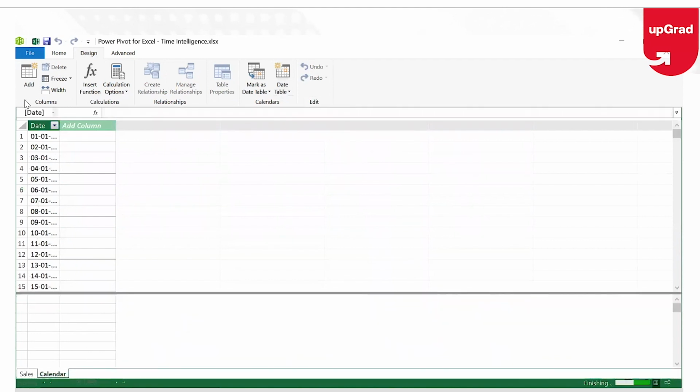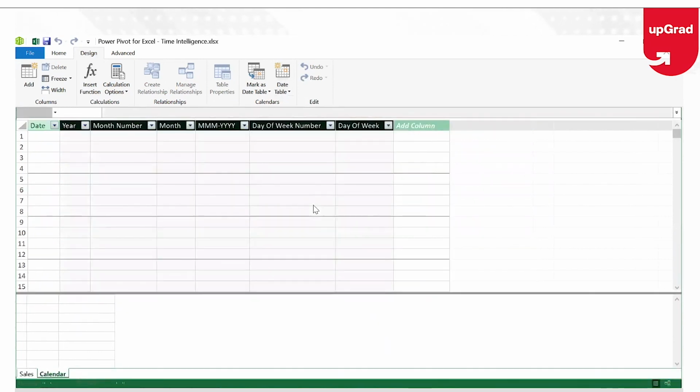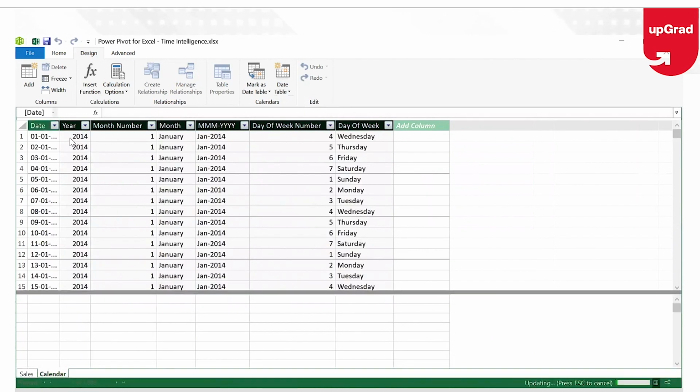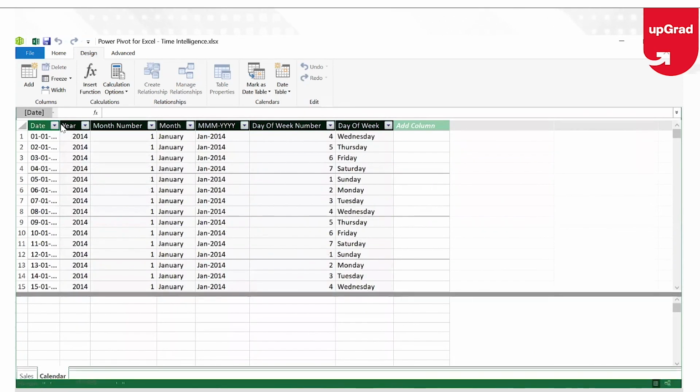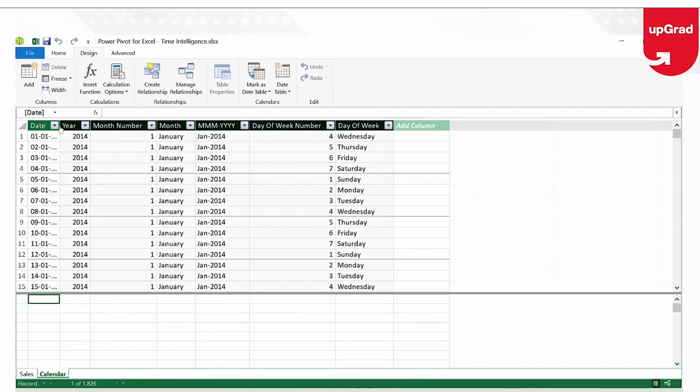Now that it is only showing you the date, just see what happens. It is going to convert that into a calendar form, where you have the original date from the sales table, that is the ship date that is being picked up.